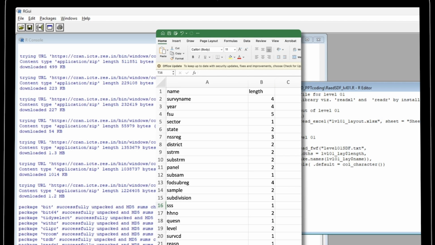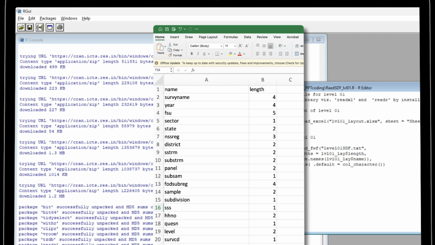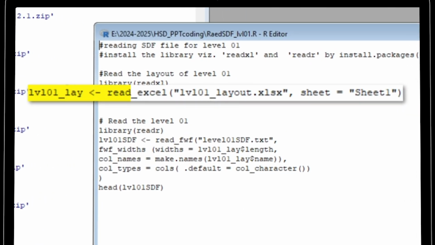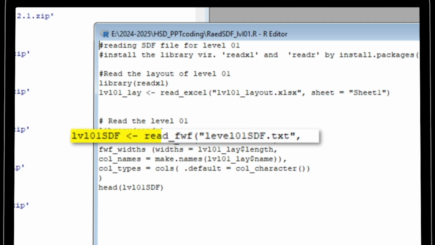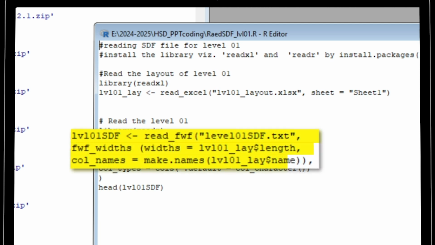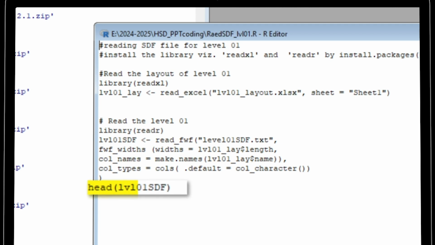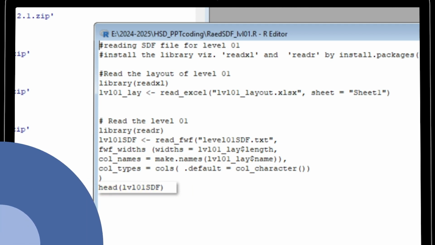Load the data layout file by keeping the two columns, namely column name and their respective widths or length, from an Excel file. The readxl function is to be used for this purpose. Use read_fwf to read fixed width data, providing column names and lengths as arguments. Use head to inspect the first few rows.